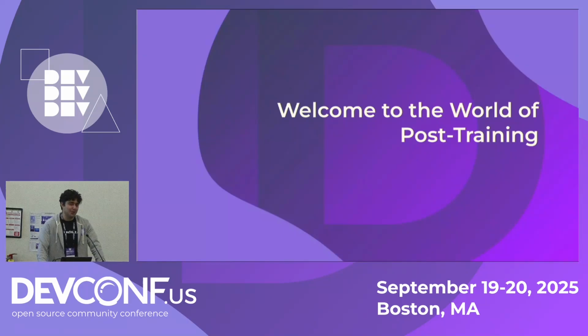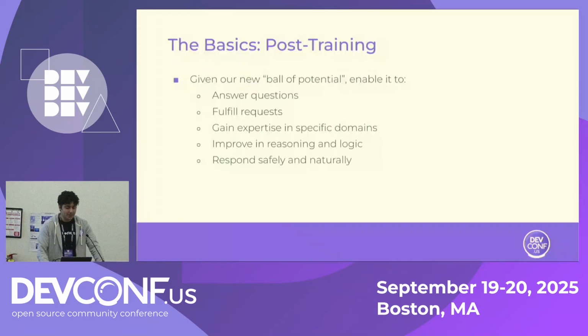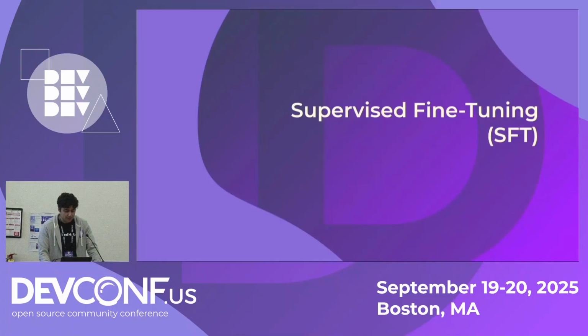Now we get into post-training. Post-training is the answer to how do I make my model useful? If we need our model to be able to answer questions, follow instructions, fulfill requests, talk about specific domains, learn more in those domains, improve in reasoning and logic, respond safely to input queries, all of that falls into the world of post-training. So, first, we're going to start with the most basic form of model post-training, which is supervised